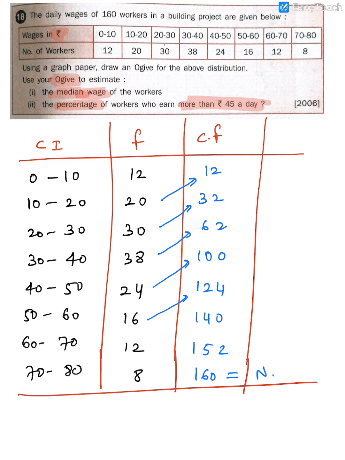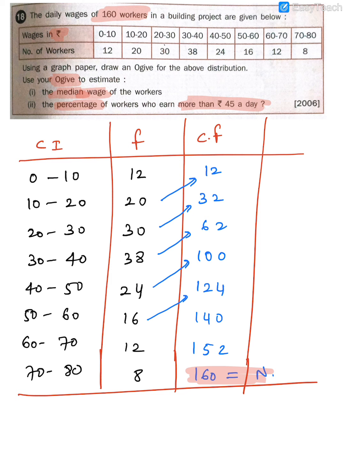Okay, now guys, if you notice, it is already given to you in the question that the daily wages of 160 workers, so the total number of workers is what? 160, and you can confirm here that we also got what? 160. So there are some legends who get 158 here, 164 here, still they don't realize that they have gone wrong in the CF. So guys, whenever they have given the total, make sure you cross check, you match it, that you get the same number of people as they have given in the total. It will always match, it is supposed to match unless the question is wrong.